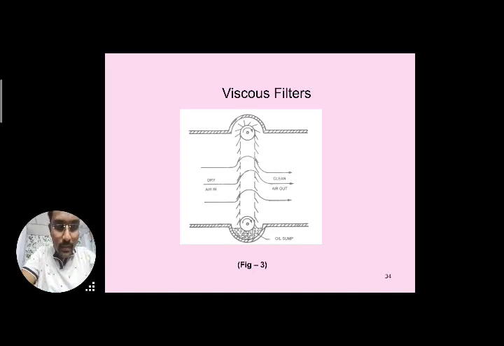Okay, so these are the components. What you have observed in this is that first the dry air is entering into the viscous filter, and it is passing through some rubber type of material, just like rubber pads type of structure. It is always dipping in the oil sump at the bottom.